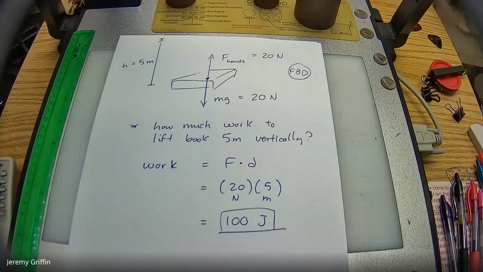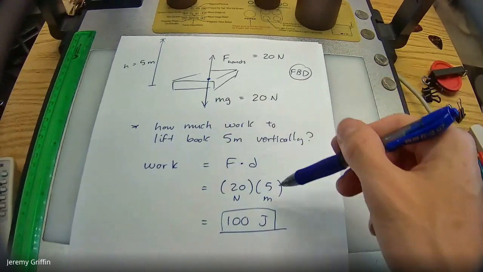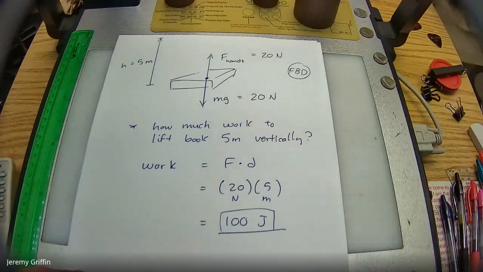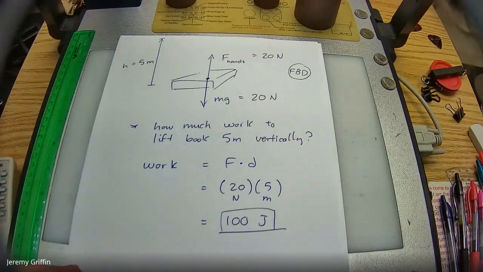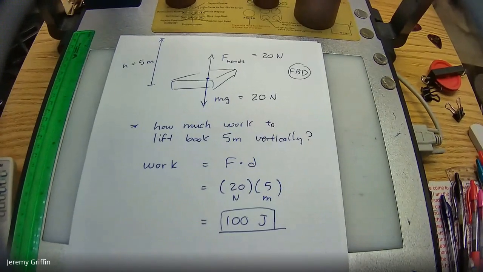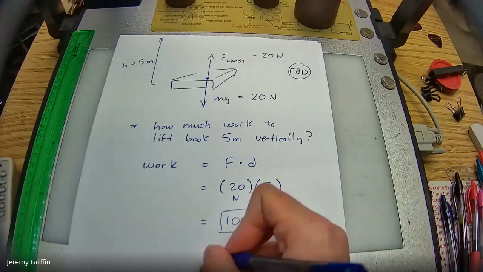Okay. Which is going to lead to the next building block that I'm going to get to, the next mechanical energy formula. Because if you think about it, you transferred 100 joules into the book to move it up 5 meters, so that book now has 100 joules of energy associated with it by being elevated some height against a gravity field. I bet that would be called potential energy, wouldn't it? Potential energy.